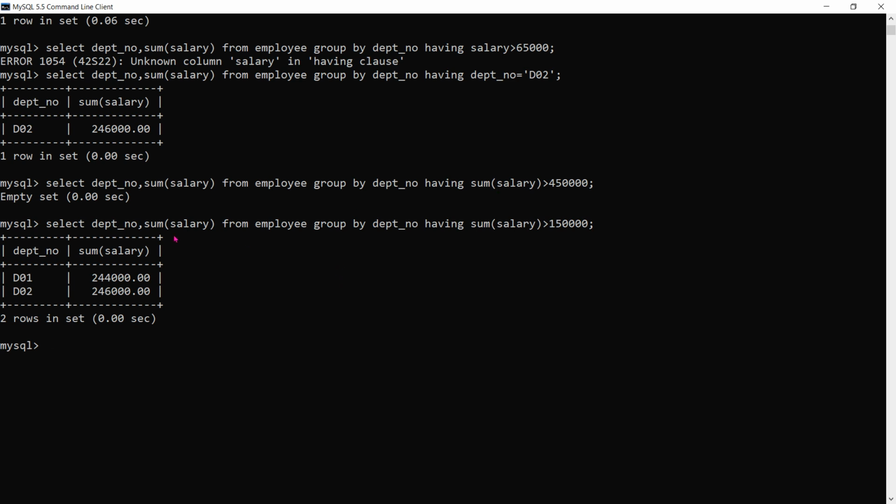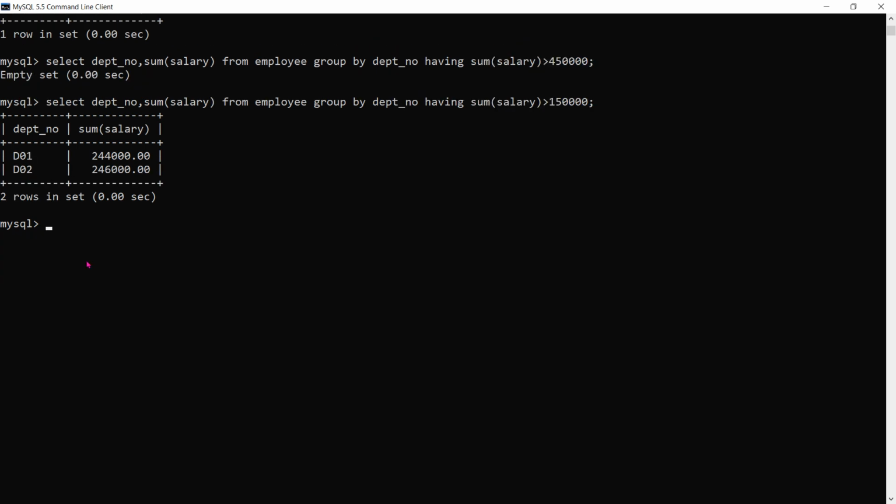So it will display department number and sum of salary, on what basis? On this condition. So we can have grouping based on group function or on grouped column.